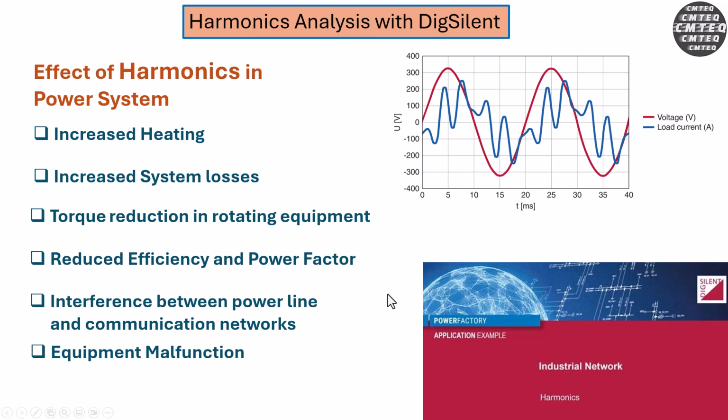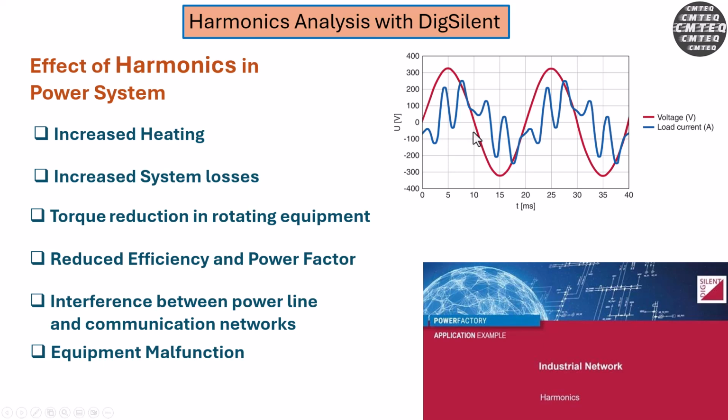So these are just some of the problems that you can have in your system because of a high level of harmonics distortion. So now that you know what harmonics are, and the problems that harmonics can cause, your next problem here is to find a way to mitigate this problem, reduce harmonics in your system, okay? Now, in order for you to find ways of reducing harmonics, you first need to know what causes harmonics in